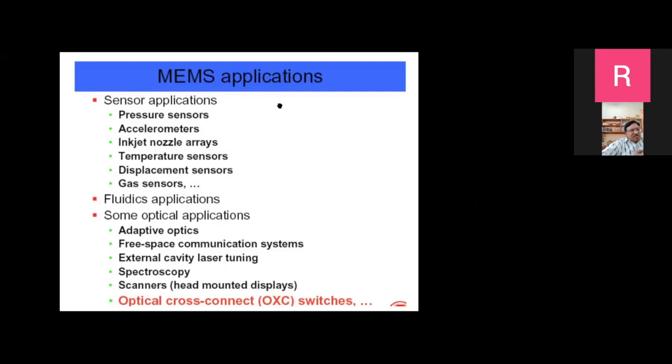So you can also use this for lasers. MEMS can be used for lasers. You can tune the cavities. You can do spectroscopy. I have also put in, at the end, optical networks. Yesterday we have seen some optical cross connects. As an example, we have seen some optical connects. So you can use mirrors, etc. for optical networking applications. These are all the various applications you can think about with optical MEMS. Let's go to the next slide, please.